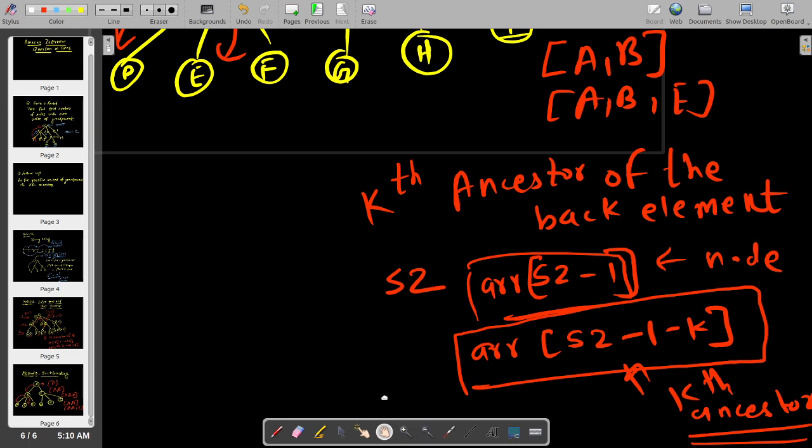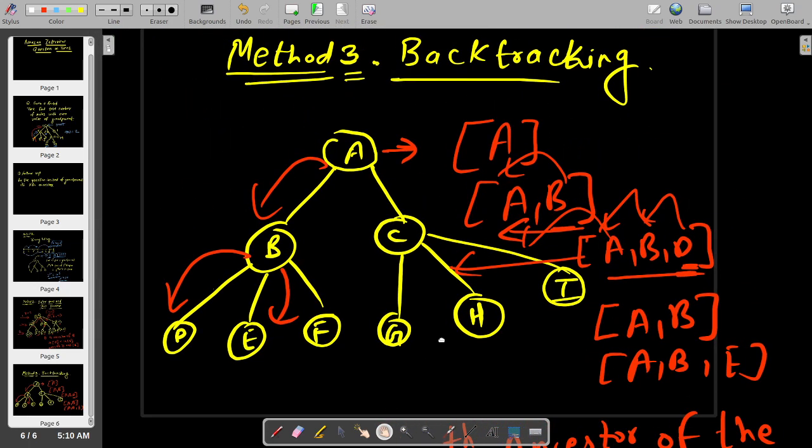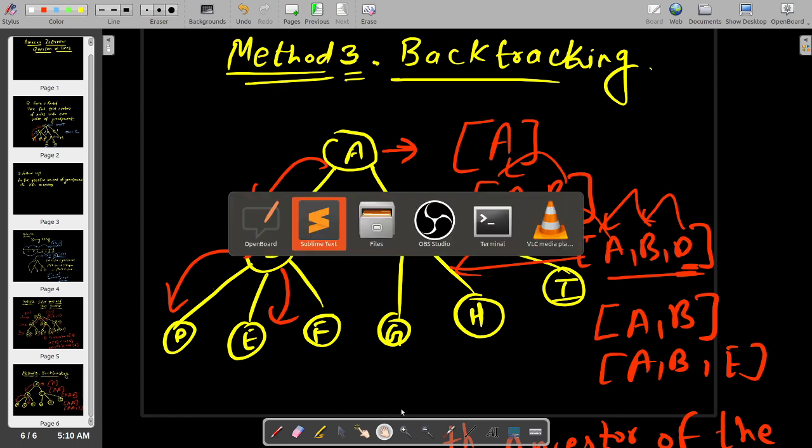So this is the most simple approach, and this question could be modified to anything. It could be not only k, but any variable ancestor, and you could pre-store all the required stuff. When you are at that child, where the end node is basically the child, we could calculate all the answers for this and store that answer, like we are working offline. So for this question it's very simple, we are just backtracking, and I will show you how.